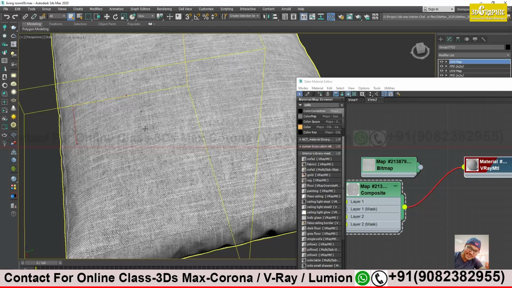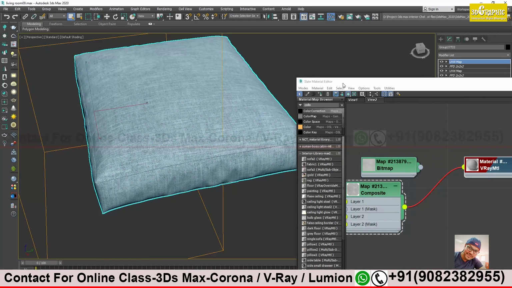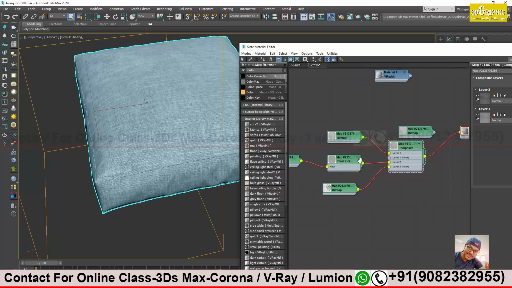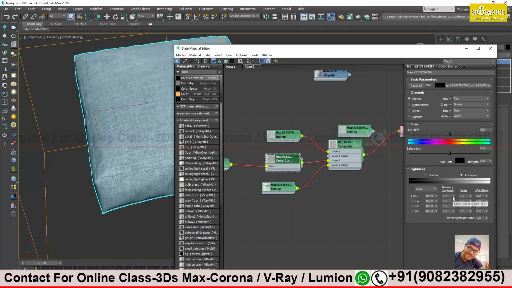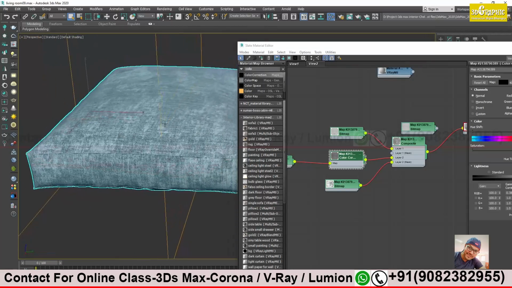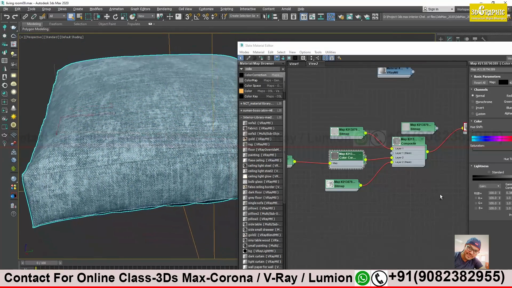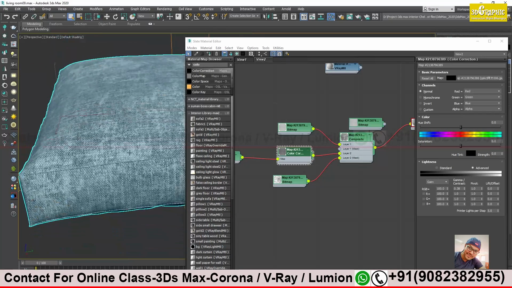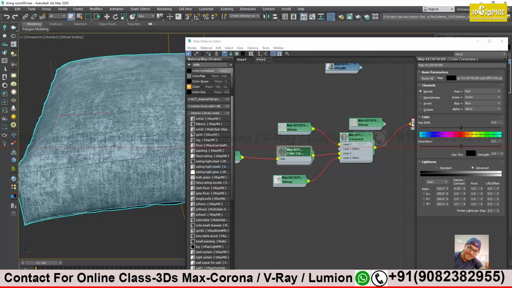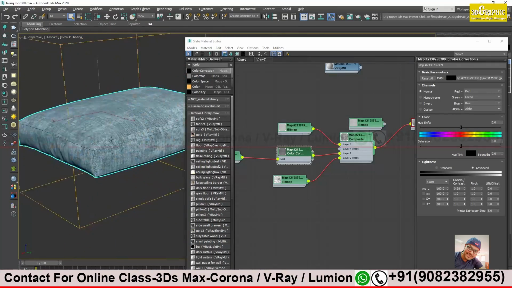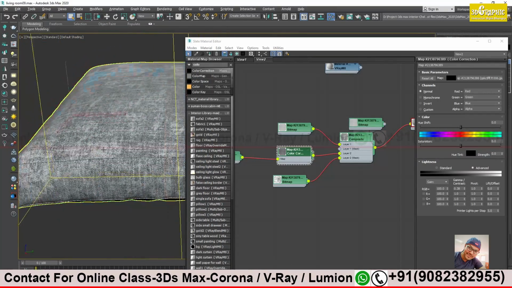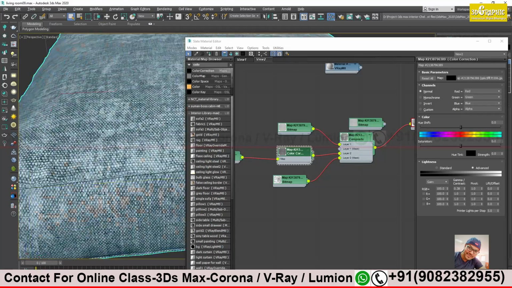There is a dark and light pattern, but it's not very visible. Let's try to modify it a little bit. Okay. Let's try to choose the dark value. See, now it is properly visible, no? Oh yeah. But it is too dark. Don't make it too dark, because here it might not look very dark, but when you render it, it will go very dark. This is just to make you see what effect we are getting over here. Okay. So what we have planned is coming in properly.